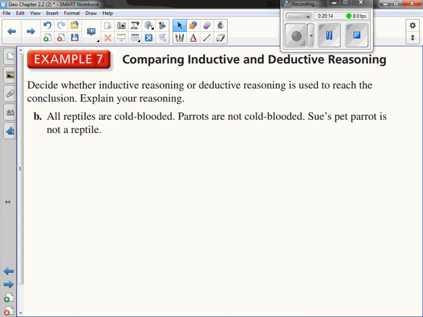Now, let's look at this one here. All reptiles are cold-blooded. Parrots are not cold-blooded. Sue's pet parrot is not a reptile. I do not know that one off the top of my head. But let's look at this here. All reptiles are cold-blooded. Is that something we observe? No, that's a fact, isn't it? Parrots are not cold-blooded. That's another fact, isn't it? So this here is,